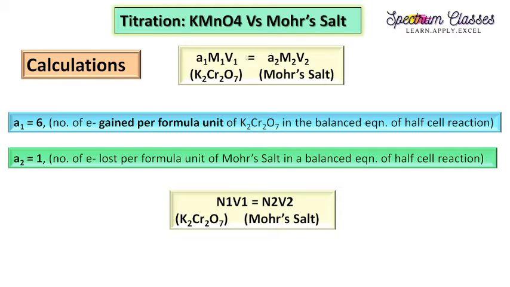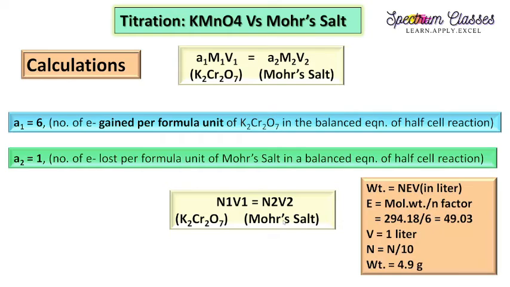This chemical equivalence equation can also be written in terms of normality, rather than writing in terms of molarity. If you are doing this calculation in terms of normality, which I have not done before in my previous experiments, we can do that in our previous experiments too. So N1V1 is equal to N2V2, for K2Cr2O7 and Mohr salt. So here, how are we going to calculate N1? The solution of K2Cr2O7, which I have shown you there, that I have taken, and by 10 K2Cr2O7, how I made that